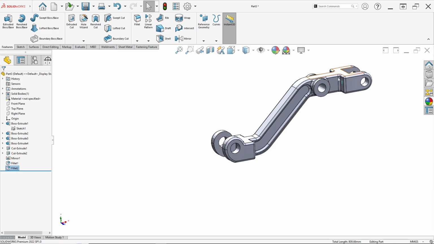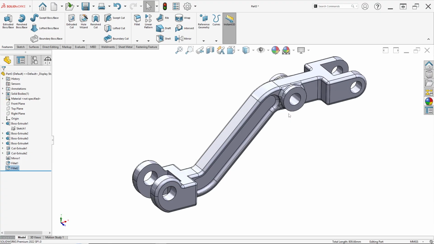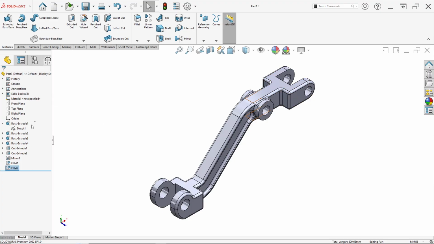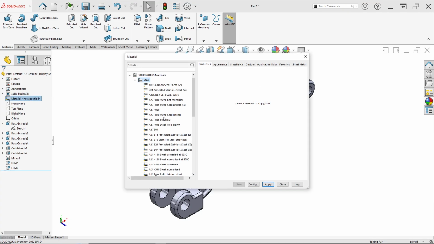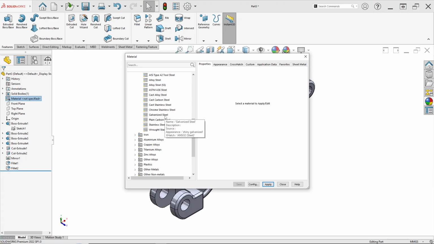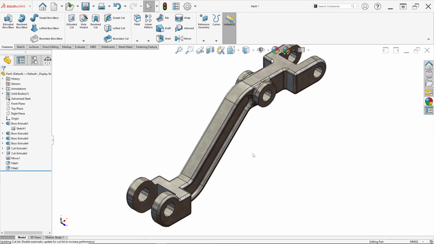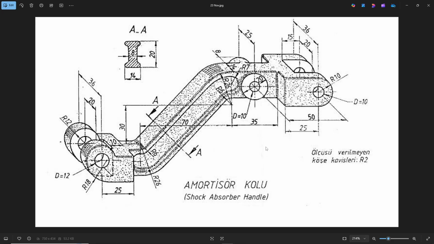Okay, I think that's enough. I apologize if there are any mistake or error in the tutorial. But before we change the appearances in here, or select or change our material, just right click on this material and edit material. We can set, for example, galvanized style, and apply, close. Okay, it's so simple to make a shock absorber handle in SolidWorks